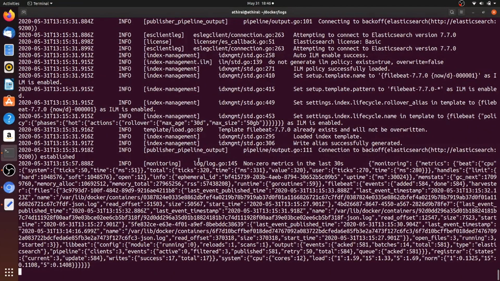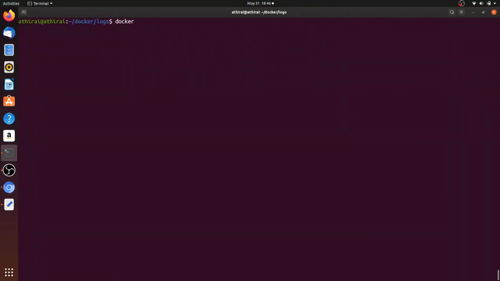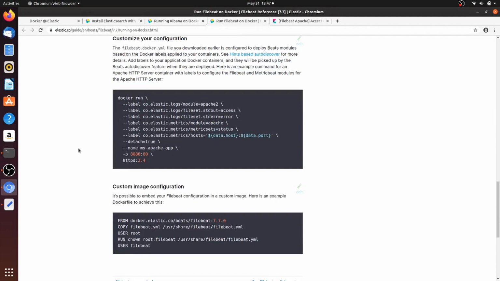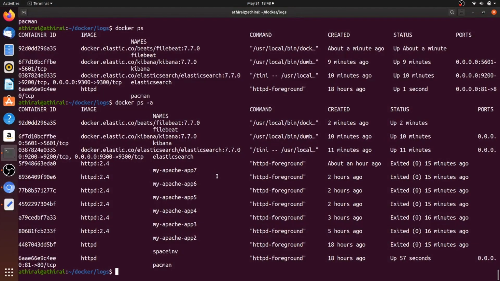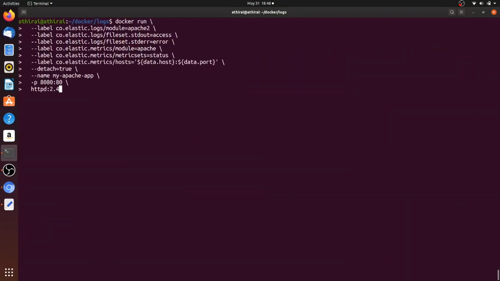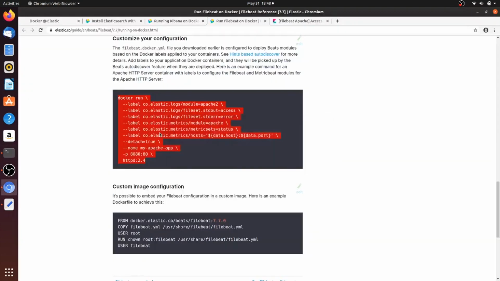So I'm going to start the containers one by one. We have to start the web servers with all these labels. If these labels are not present, then you will not see anything in the dashboard. So before we start any web server, we need to add these labels. Let me start a fresh web server now. I'm going to start it with all the labels, elastic, log, these things, because we have enabled the autoconfigure, right? Only if we give all these labels will Filebeat be able to pull the metrics.